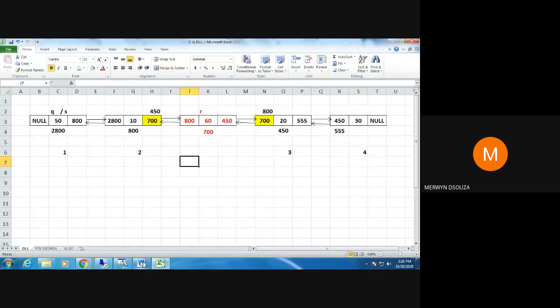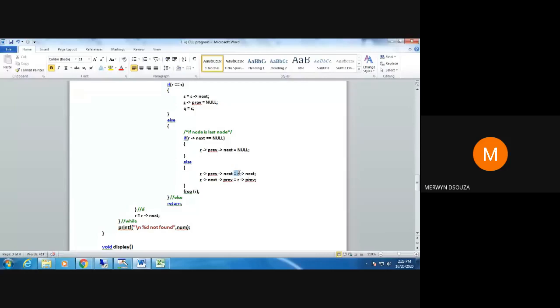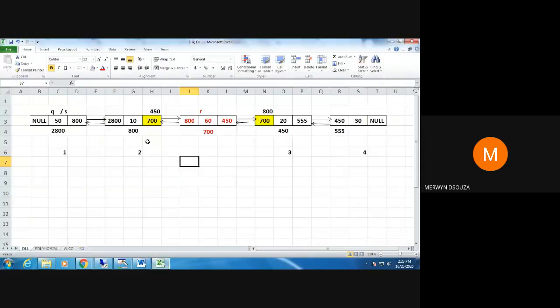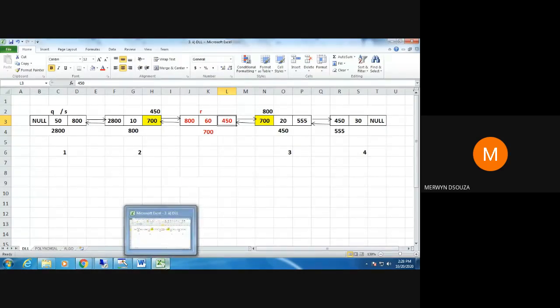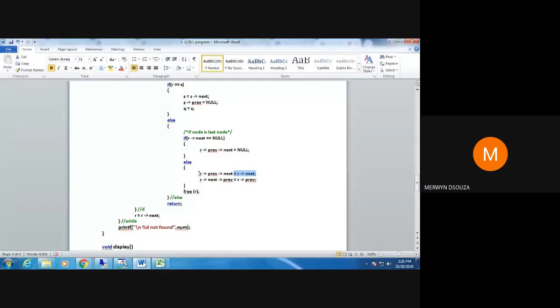So look at this line here: R arrow next. The value of R arrow next is 450. That value 450 we are giving to R arrow previous.